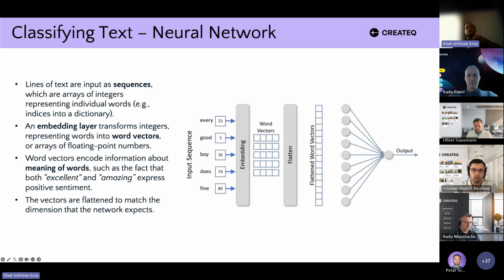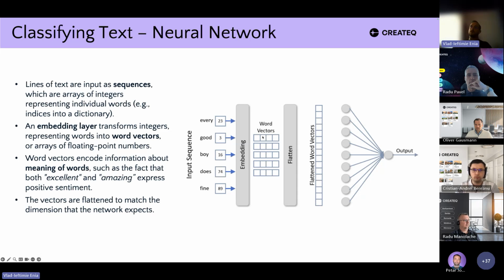Now, how do we actually classify text? Let's think about neural networks, because this is what we talked about until now. We have a sentence, we encode each word with an integer value, and after that, this integer value is transformed into an embedding, or we can do embedding directly on the word. There are different packages or networks that do embedding without even having to do encoding with index from the vocabulary.